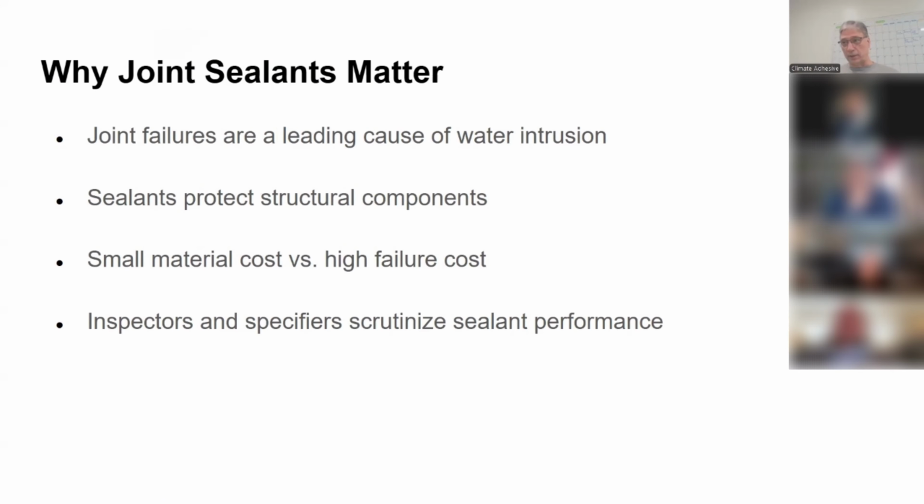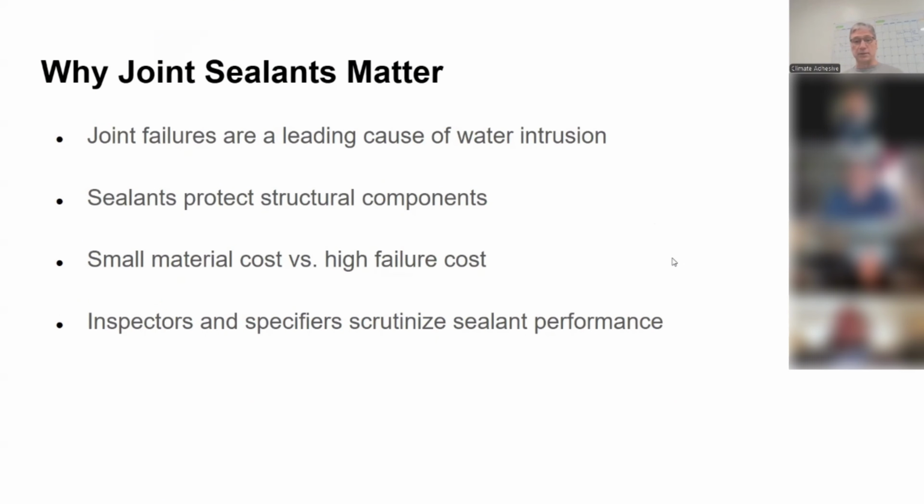And any upfront cost in your joint sealant is going to easily outweigh the cost of repairing a structure from water damage. And then, obviously, inspectors inspect it, and specifiers are going to scrutinize any joint sealant that you're proposing to use. So we need to be able to talk